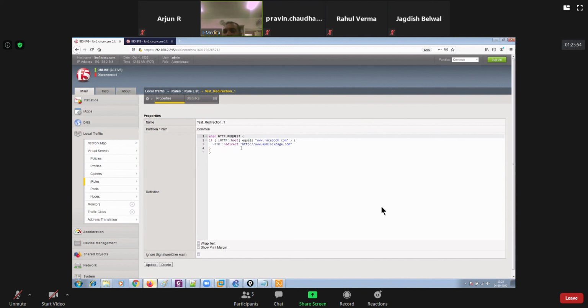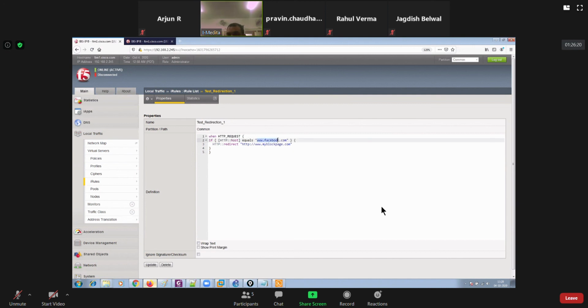So now this is how you would configure it. And this time, if you try to access facebook.com, it should work perfectly, right? So it should be redirected to this blog page. Now the point is, we are not accessing facebook.com, so we cannot perform this practical, right?